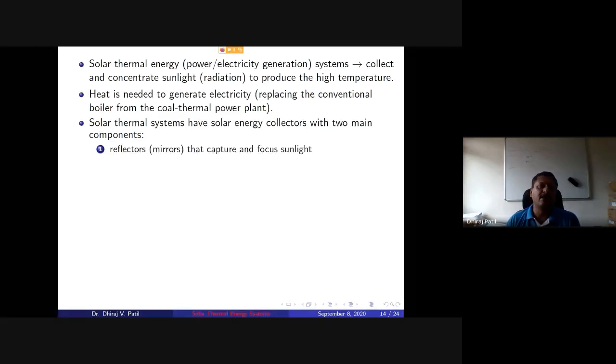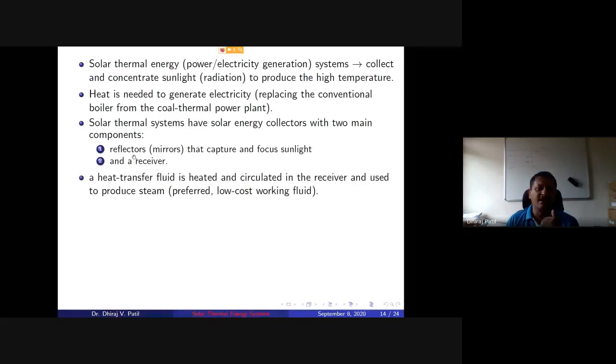That means we need to have reflectors or mirrors that capture or focus the sunlight, and a receiver or absorber which will absorb this radiation. And whenever you have a receiver where it is getting absorbed, you need to transfer the fluid, because you need to take the energy out from that location. So actual utilization is not where you are concentrating the solar radiation. In the case of power generation, suppose a solar cooker is where you concentrate, and then the actual consumption is